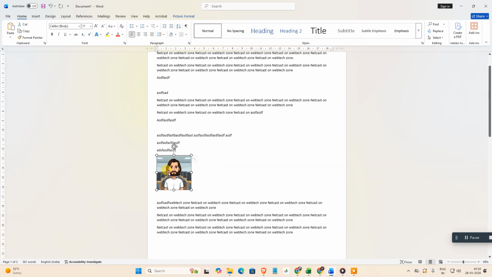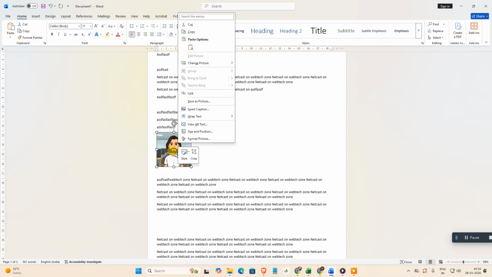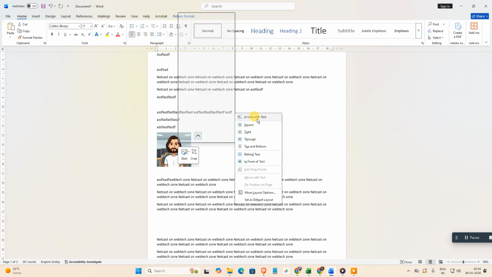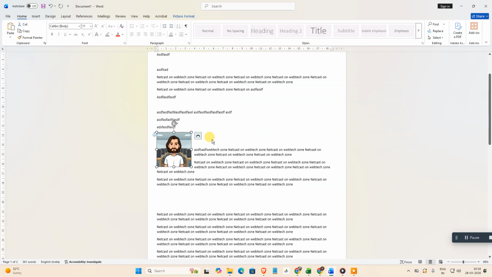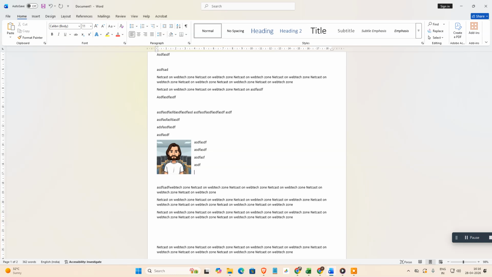Okay, if you want to fix or lock this position, simply select that image. Okay, right click on it, and here go to wrap text and you can select square. Okay, now here you can see I can write from here, but when I start writing from the top and hit enter,